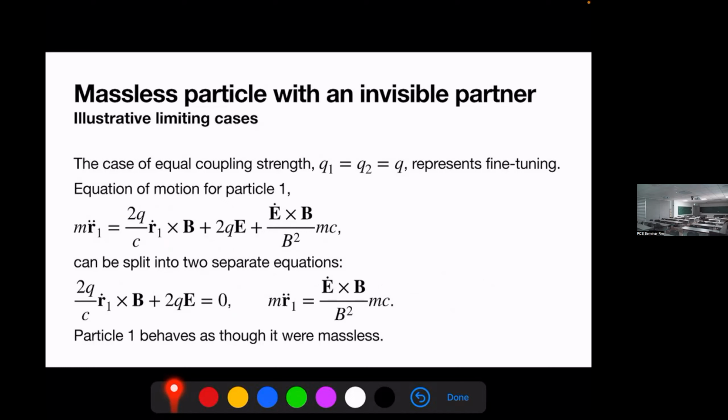Now, here's a different case where both particles couple equally strongly, with equal charges, to the electric field. And then when you integrate out particle 2, this is the equation you get. And in fact, this equation happens to be finely tuned in an interesting way. You can split this equation into two compatible equations, which use 2 out of 4 terms in this equation. The middle terms happen to be 0 on their own, and the external terms, so to speak, the outside terms, also happen to be 0 on their own. In fact, one equation is a consequence of the other.